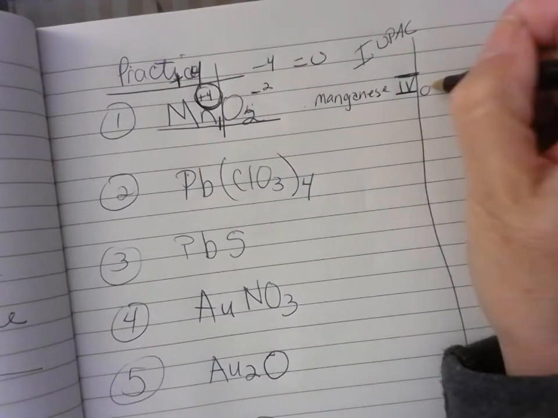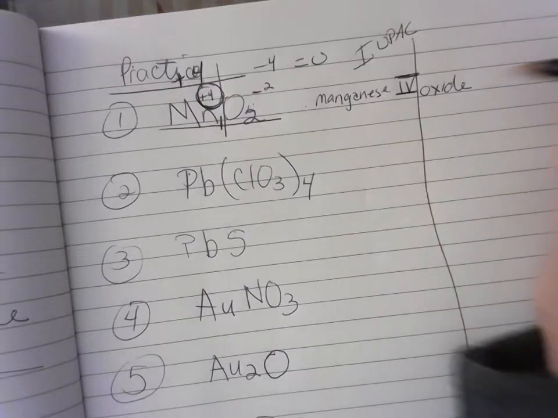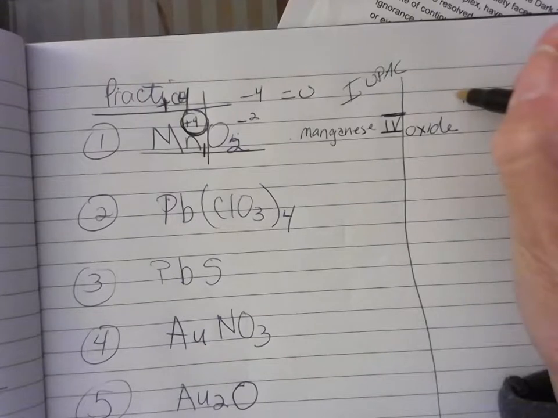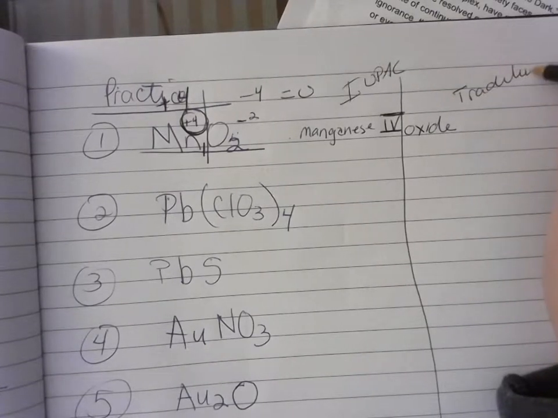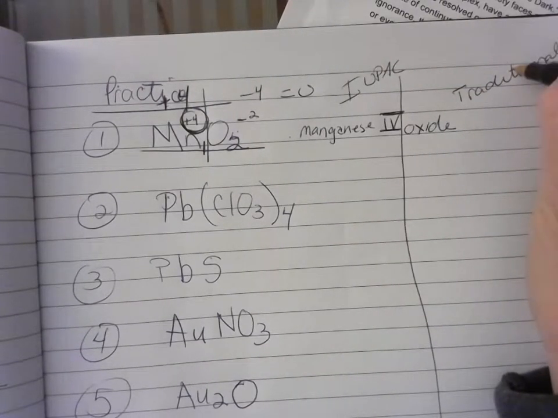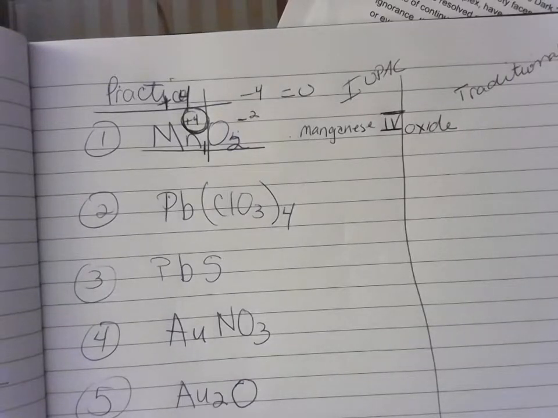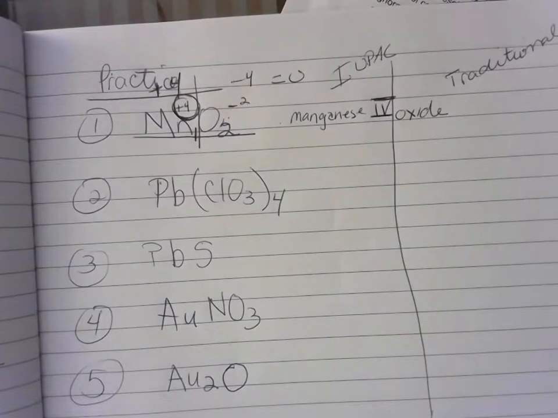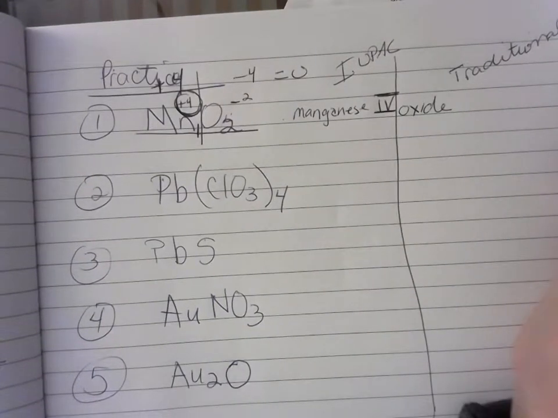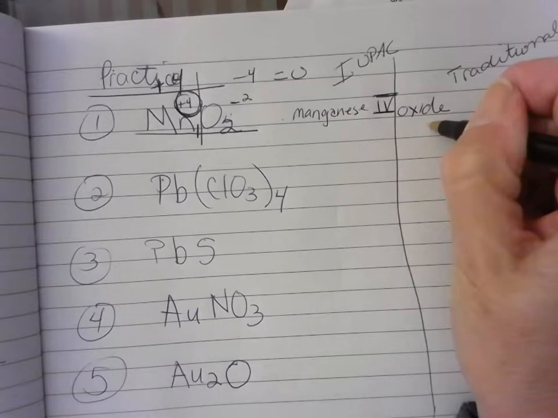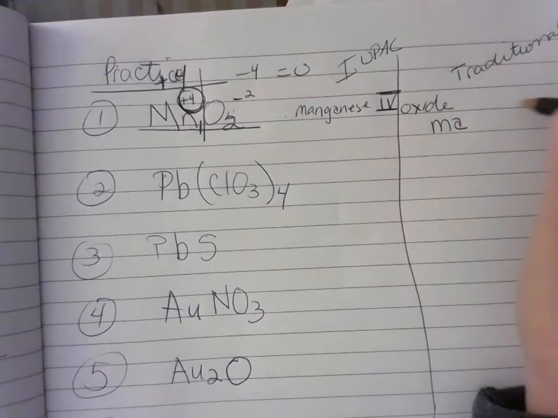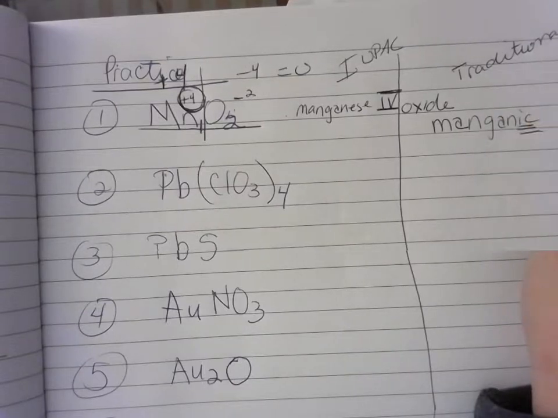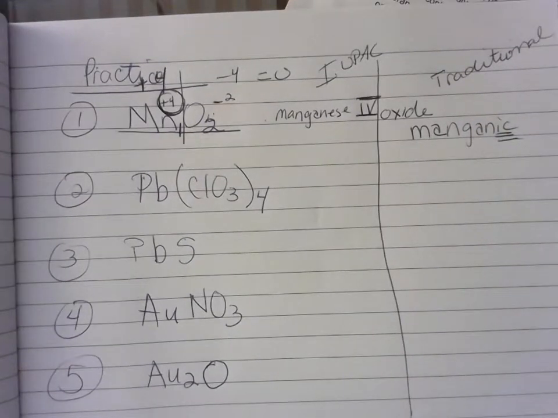Now, the traditional name, you have to know that manganese can be either a +2 or a +4 charge. Well, this is +4, so it is the higher charge. The higher charge would give it the IC